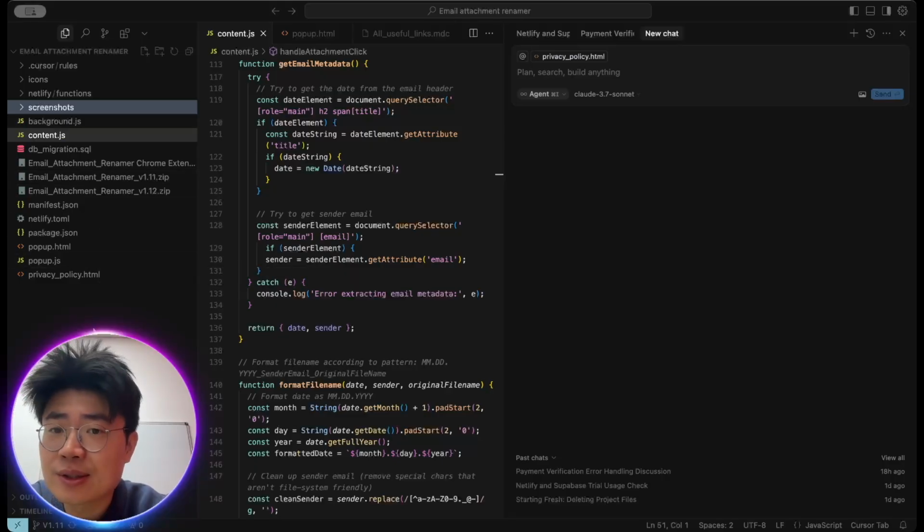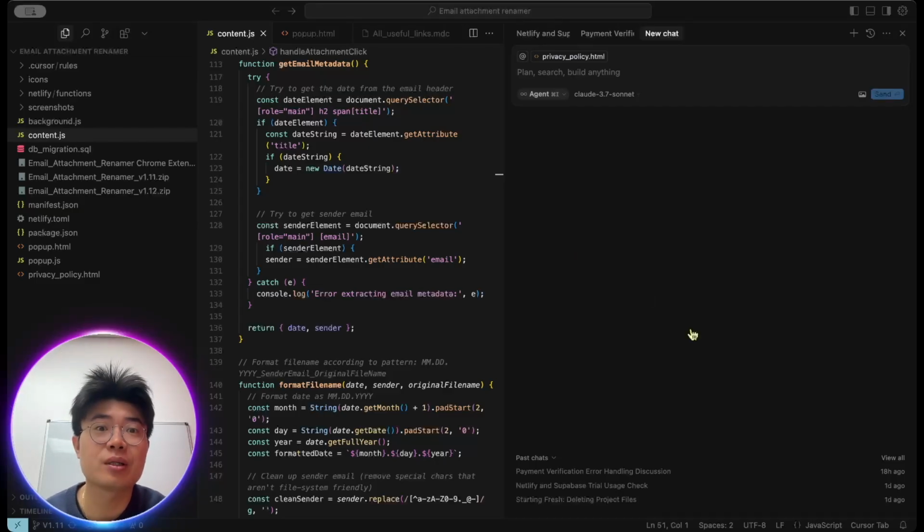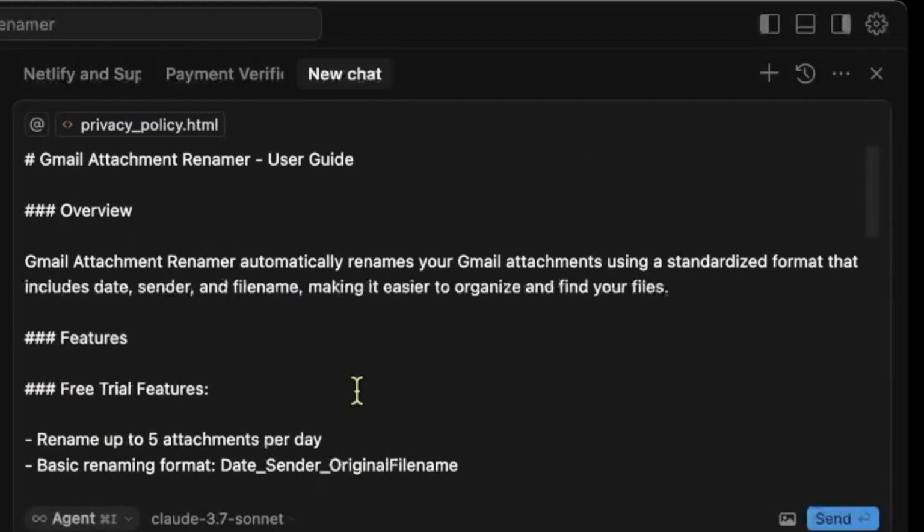Basically, how this extension works is a very simple, super simple functionality. It is a Gmail attachment renamer. Okay, as simple as that. Let me see if I can copy this overview on the screen so that you can see what I'm talking about. So here we go. Basically, it automatically renames your attachment when you download the attachment in your Gmail box, and then it will add a